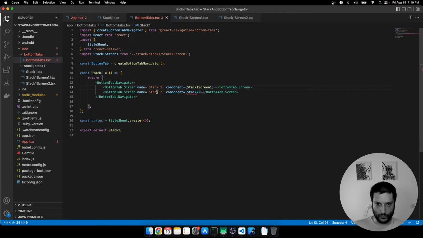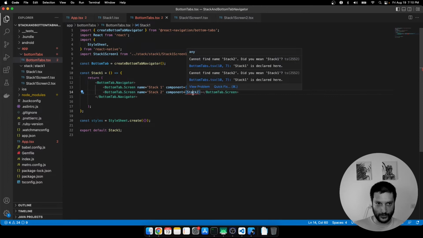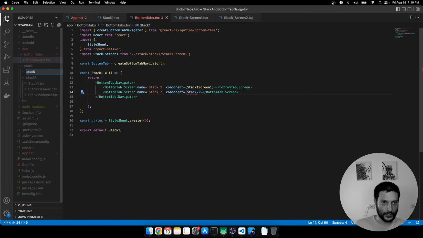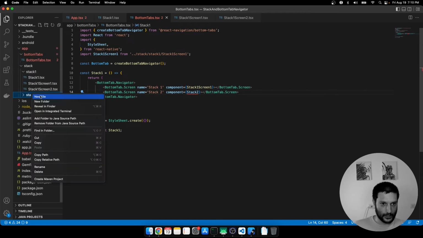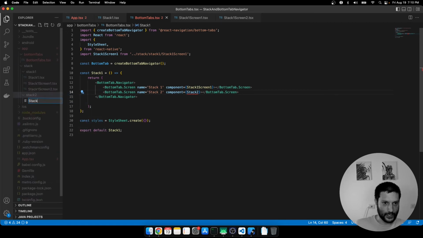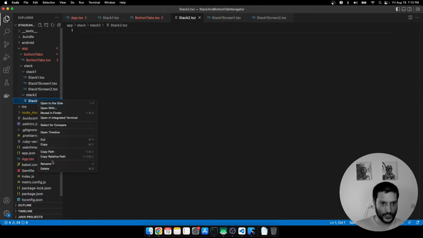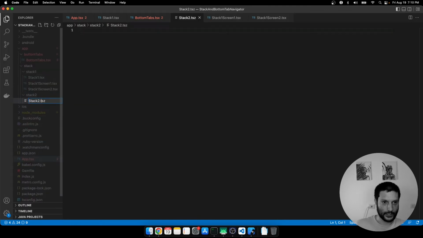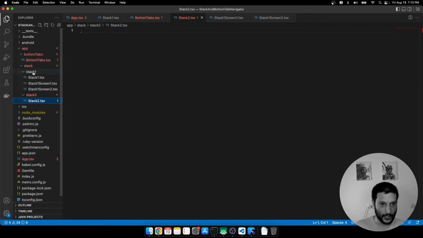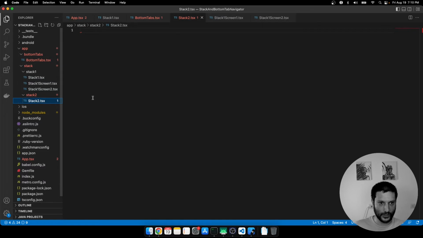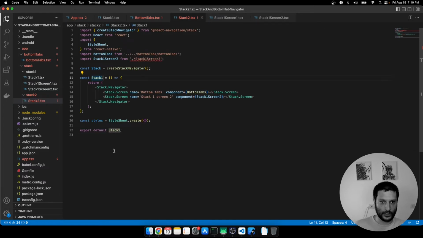And then we need the stack 2, right? So we didn't create the stack 2. So let's create the stack 2 here, new folder, stack 2. And then we should be able to create a stack2.tsx. Oops, not this one. Rename it to .tsx, and from here I can borrow some code from stack 1. So let's do stack 2,